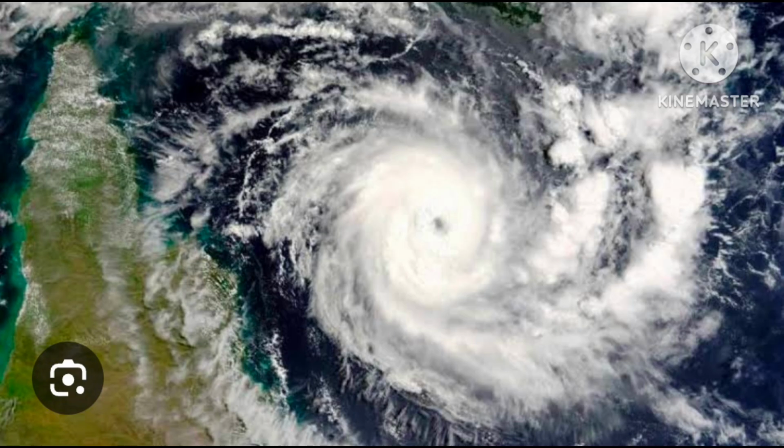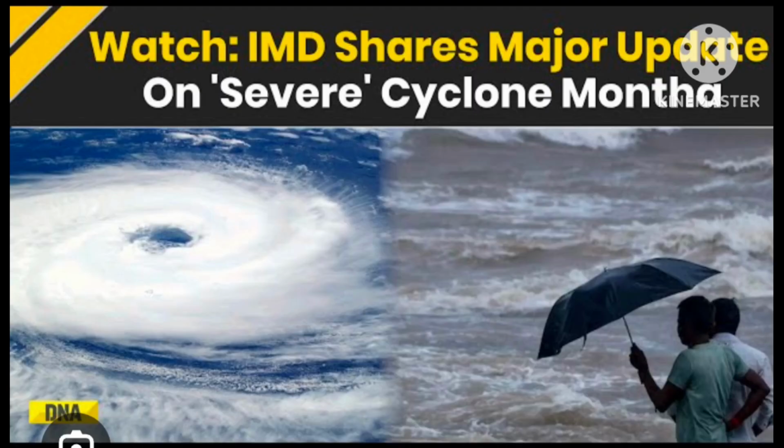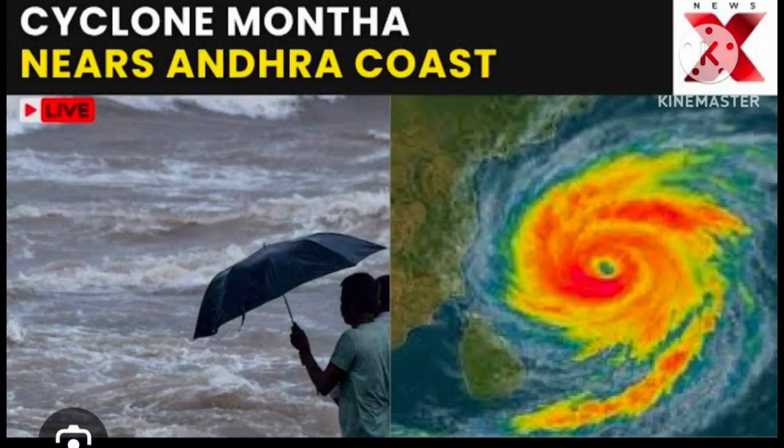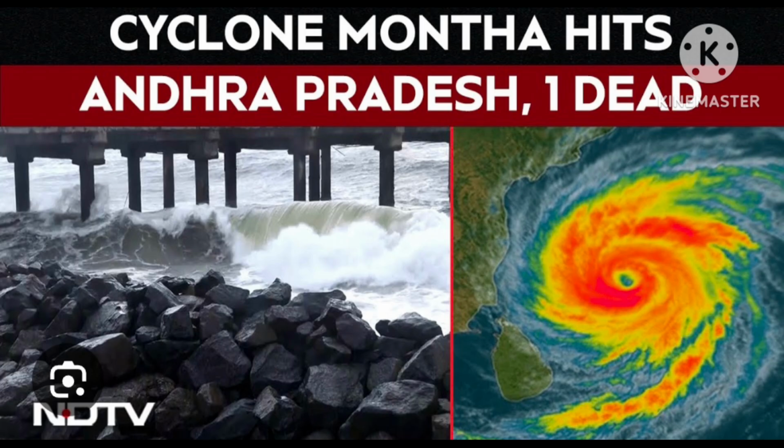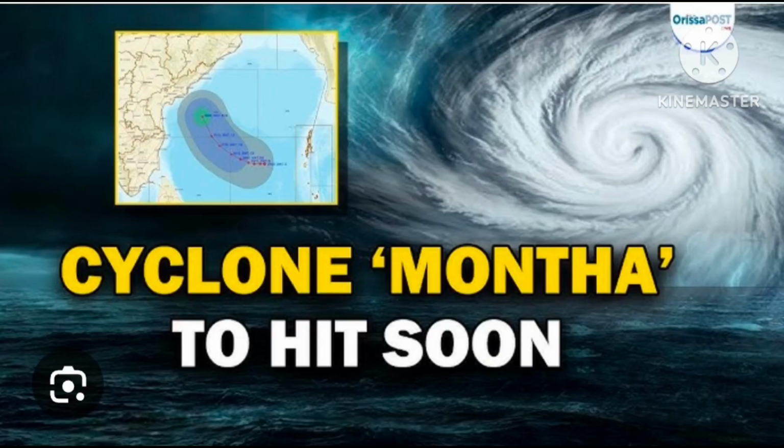So that is the reason why in October you are observing Cyclone Montha in the Bay of Bengal, and simultaneously a disturbance is getting created over the Arabian Sea. These events occur more frequently in October, November, and December as well, but the regions that they impact will also be different